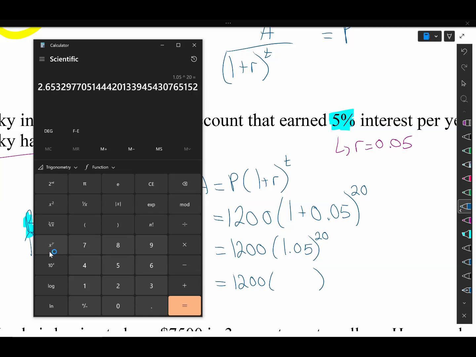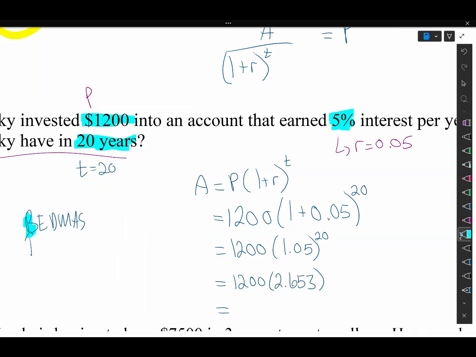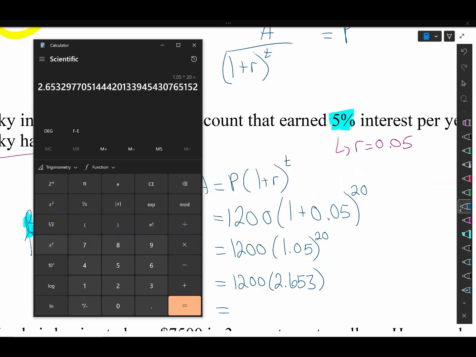So my calculator says, wow, looks like a really huge number. It's not really. We have a decimal right away. It's 2.653. That's as much as I will copy. Lastly, finally, okay, I'm done with my exponents. Now I can finally work with my multiplication that has been waiting for us this entire problem. I'm working with 1,200 times 2.653. I remember that number went on forever because I left it in my calculator. Now I can just multiply this by 1,200. I'm left with